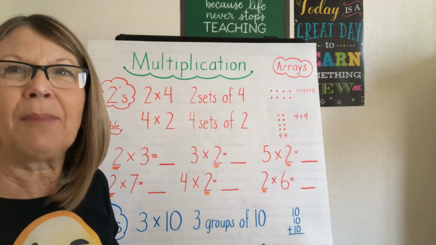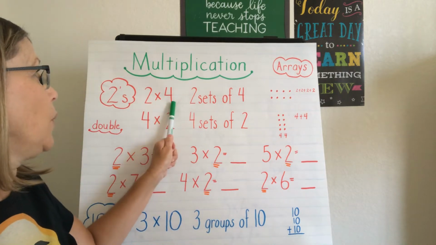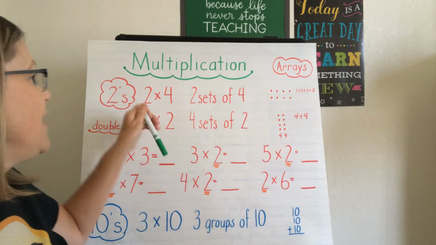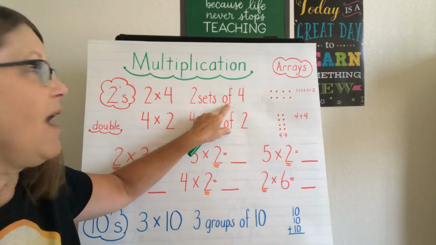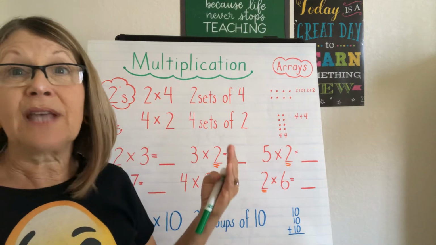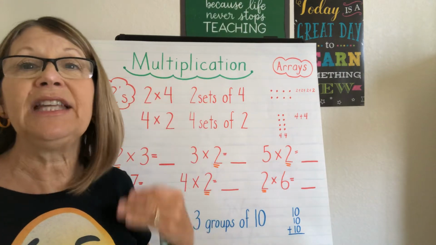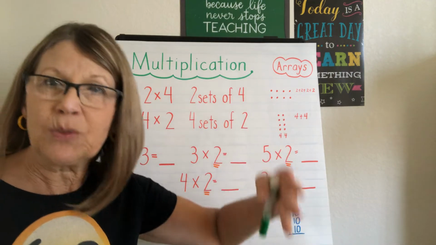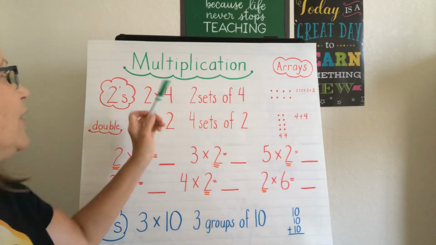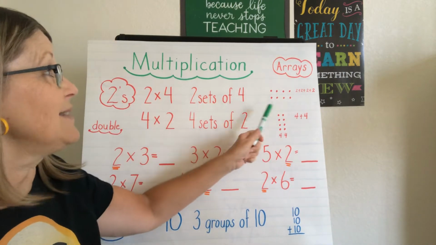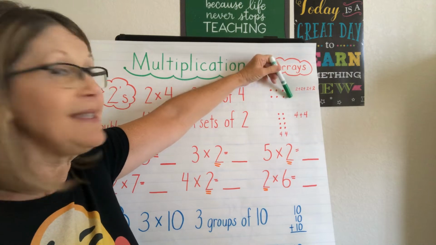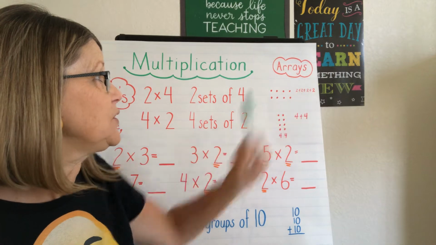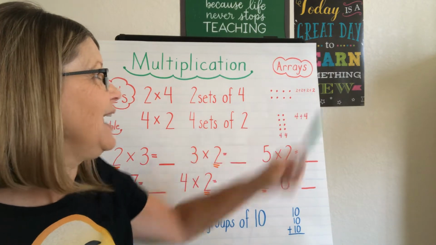So if we look at a problem like 2 times 4, we know that that is 2 sets of 4. There's my multiplication sign. There's my word "of." Boys and girls, a reminder that multiplication is just repeated addition. That's all multiplication is, just repeated addition. So if we look at 2 times 4, it means 2 sets of 4. Here's my 2 sets of 4. And I could say 2 plus 2 plus 2 plus 2, and say 2, 4, 6, 8,